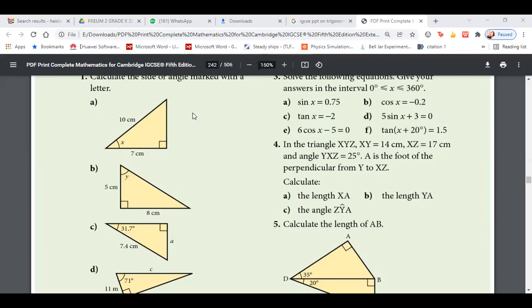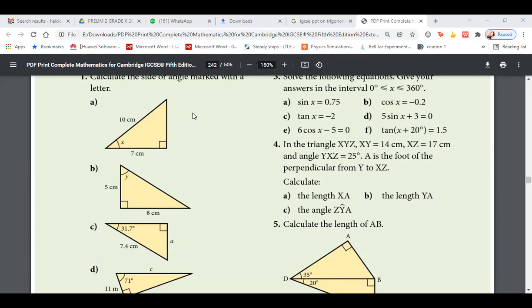Is this question coming to you or not? 58.0 needs to be written, because what did I say? Angles need to be written to 1 decimal place. So 58.0 needs to be written, if you just want to stand out from other people.